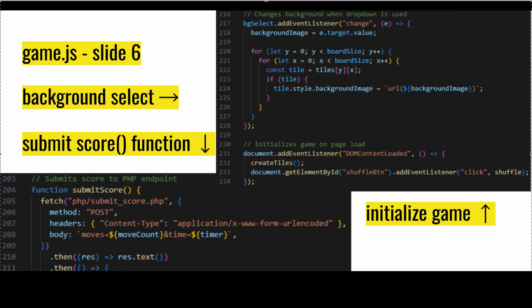And then to the right, we have the background select. For the background select, we have a drop-down menu that lets the player pick a background image. When the background is changed, it updates all the tiles to use the new image so the puzzle still looks like one full picture. And finally, on the last lines of the code for game initialization, we use DOMContentLoaded